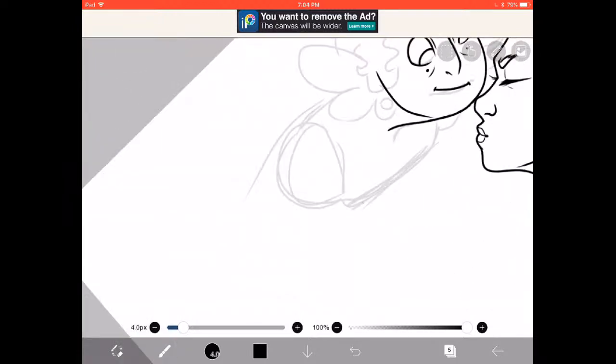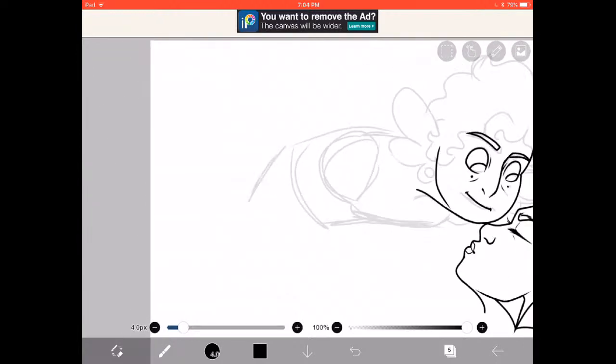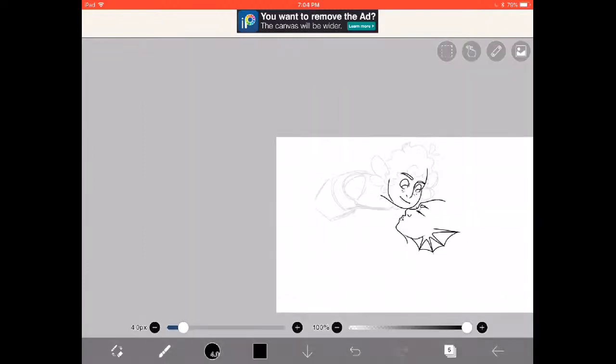Let's see, so this is a chest, that's how that, and then stomach. Sometimes I look at my sketches and I just...